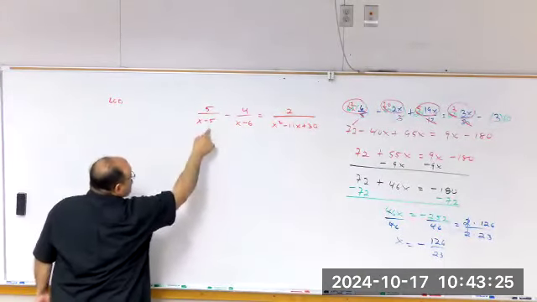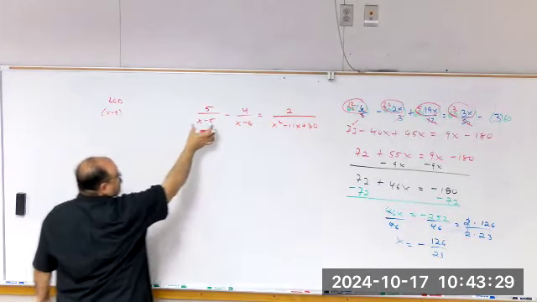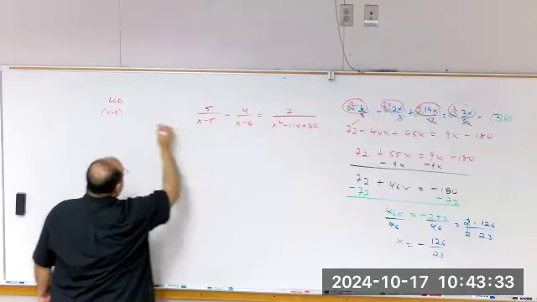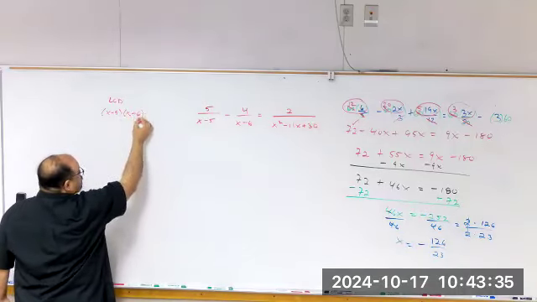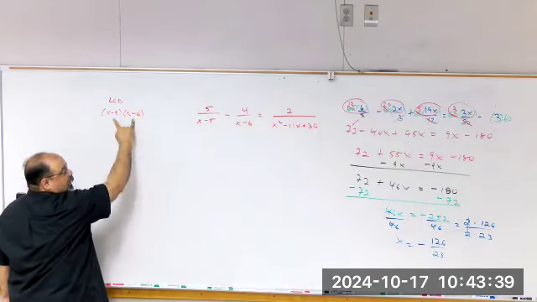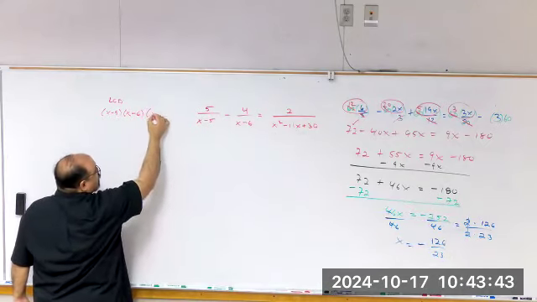In order to undo an x minus 5, I would have to multiply by an x minus 5 to undo this one. To undo an x minus 6, I would have to multiply by an x minus 6 to undo that denominator. So I would have to multiply by both of them. To undo this denominator, I would also need to multiply by an x squared minus 11x plus 30. So I'd have to multiply by all three of those things, unless,